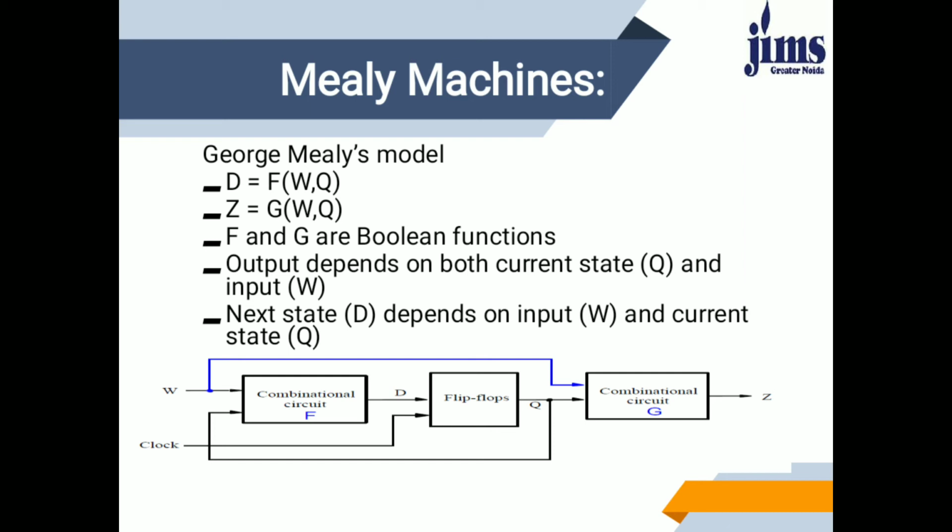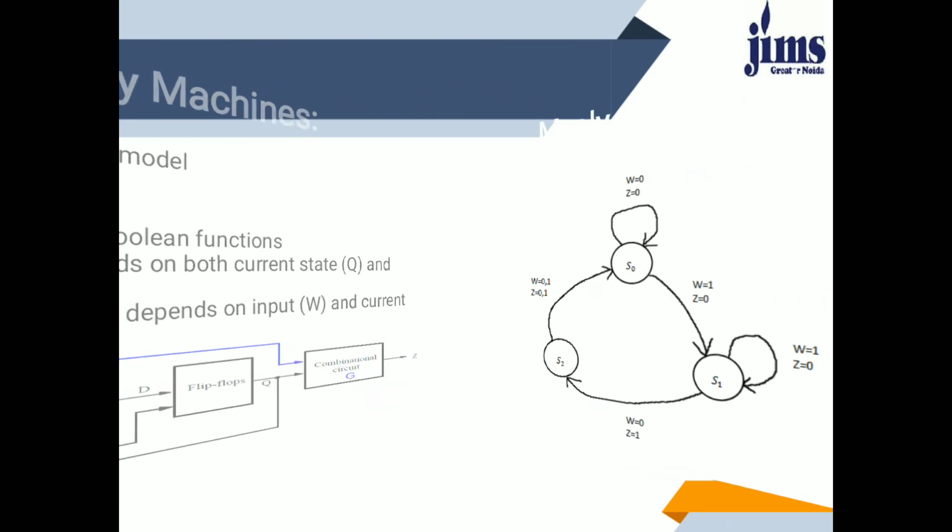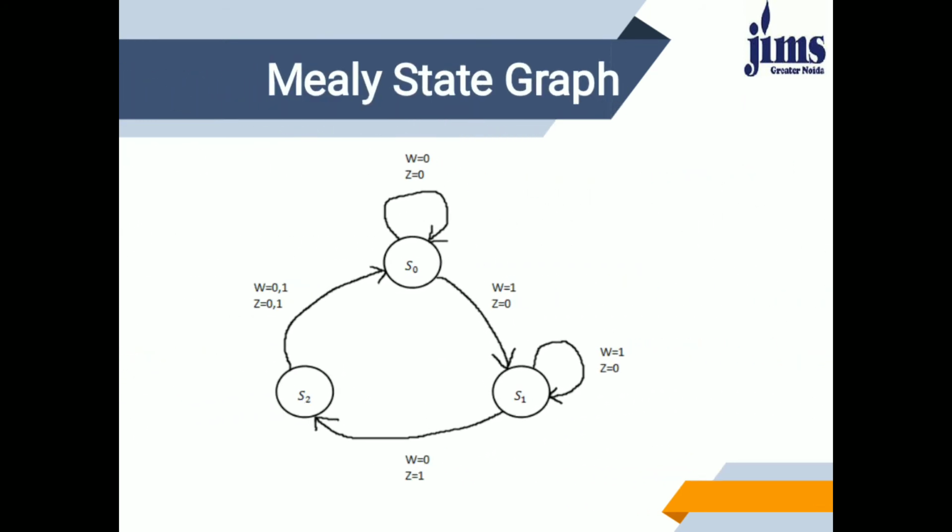See, a blue line is drawn here. The combinational circuit will be depending on the current state Q as well as the input W. This is the main difference between Mealy and Moore. So the output depends on both current state and input. Accordingly we will make a graph. In this graph,